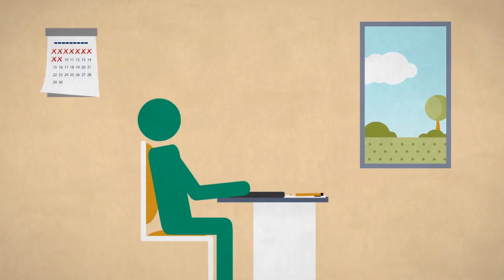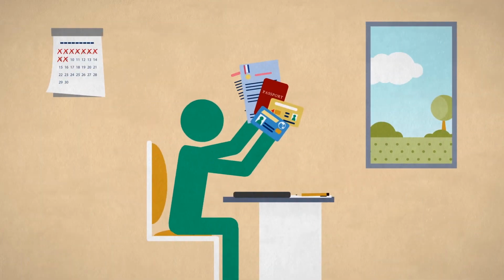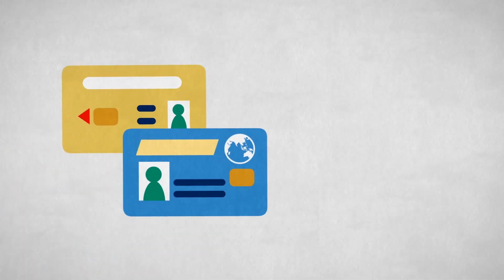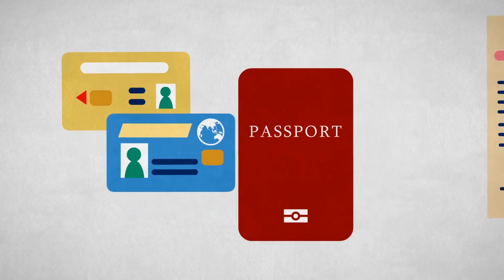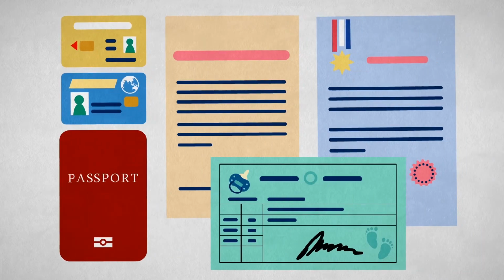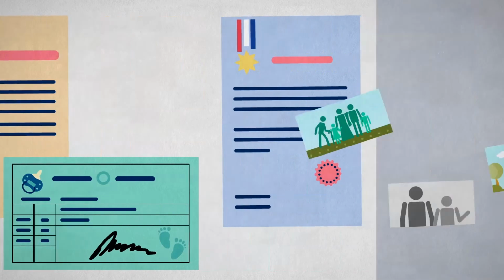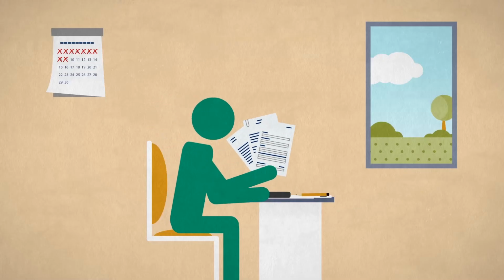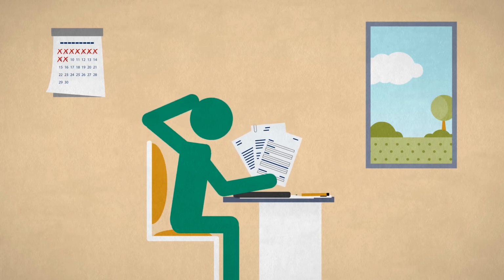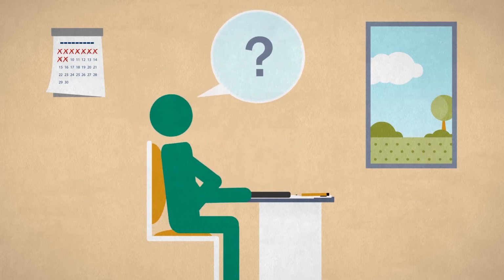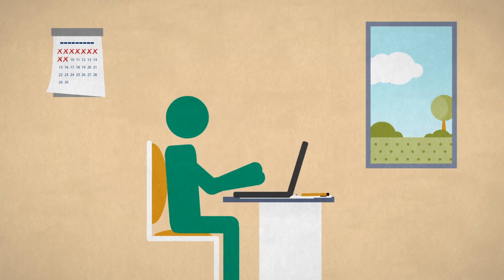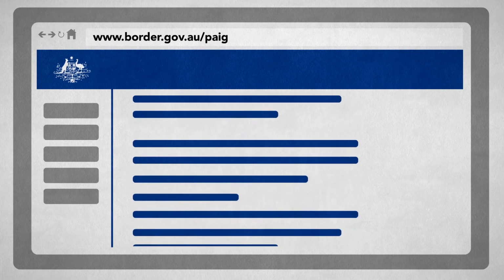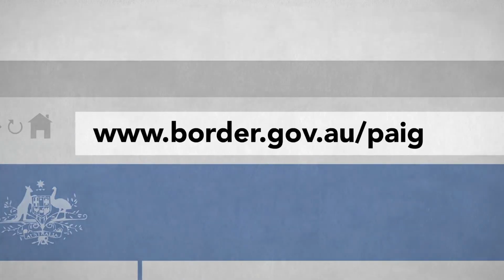You can collect the documents and information you will need for when it is your turn to apply. This includes original genuine evidence of your identity, nationality and citizenship, which could include identity and travel documents. You should also collect information and evidence to support your claims for protection. To help you understand the protection visa application process, there are translated guides on the department's website. You should look at the guides before you are invited to apply so you are ready when it's your turn. You can find them at